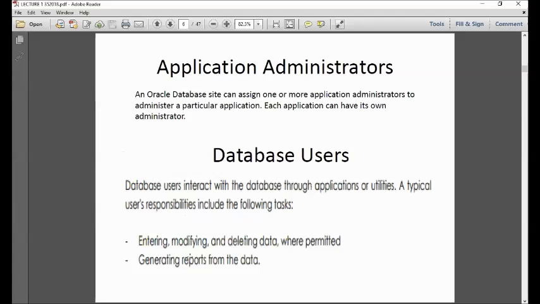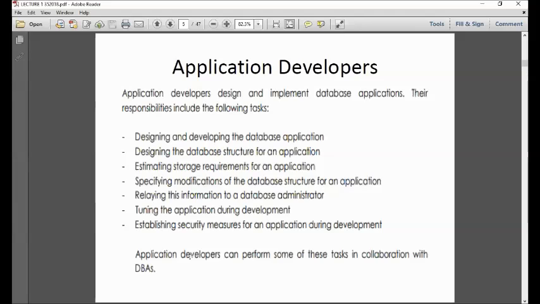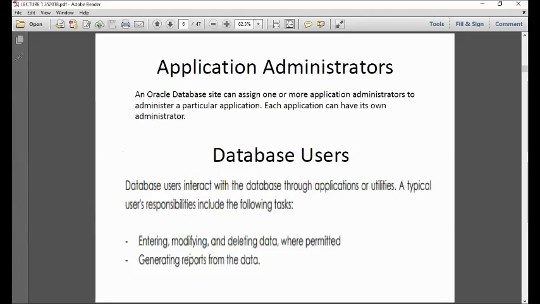If you have developers, of course, they have administrators. Then for example, in the hierarchy below the administrators, we have the database user. They are typically responsible for the usual lower tasks of entering, modifying, and deleting without worrying about the code or how it's going to be implemented.